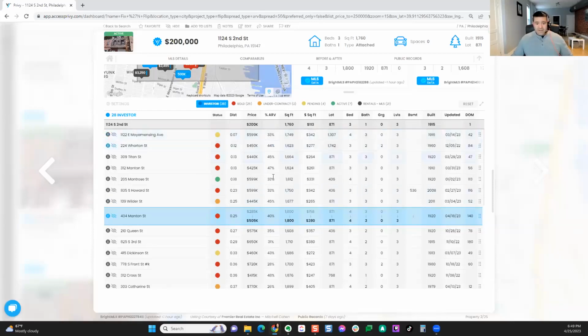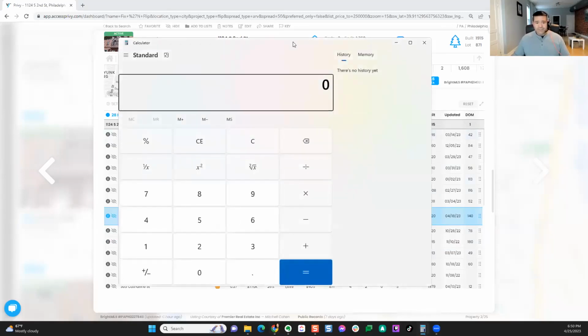right here, based off of these numbers that I'm looking at, is certainly lower than 50%, but let's just be extremely conservative. Look at these, we got some of these down in the 30% range. Well, we want to try to get him a little bit of a deal, right? Let's say we offered 190 on it. So if we offer this for 190,